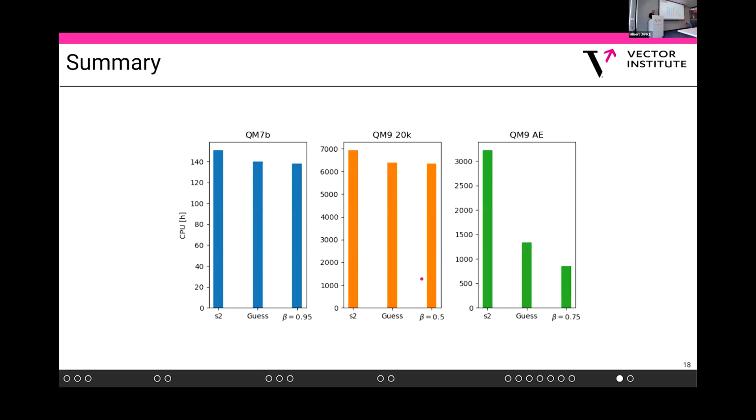Yeah, and as a summary, we see here the total CPU time needed. So it's the original work, the guess, and the best performing one from the presentation. So in QM7b, which is a very small data set, we save about 10 hours. That's not so impressive. Here it's about, I don't know, 800 hours. And when it gets very expensive, here on this one, you see you save about 1,800 hours